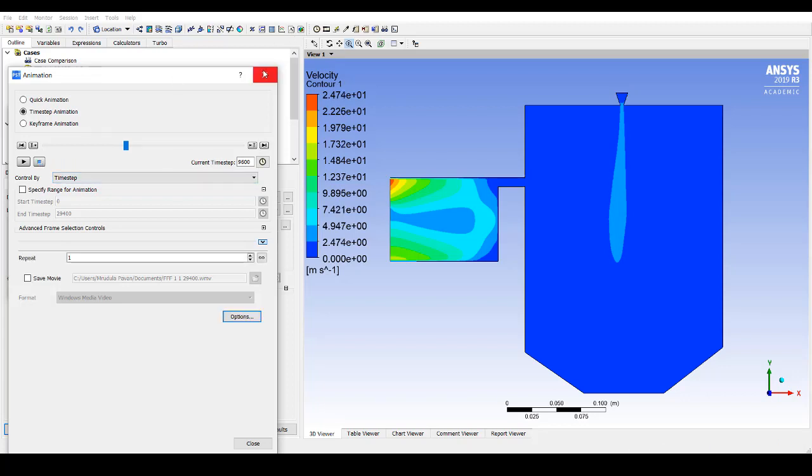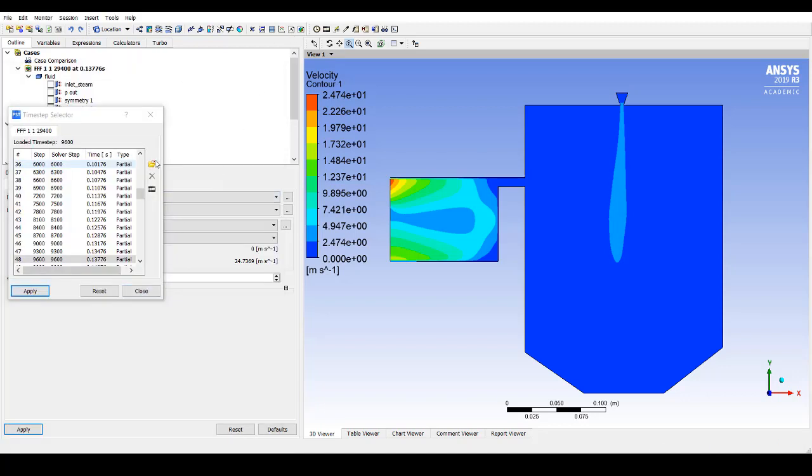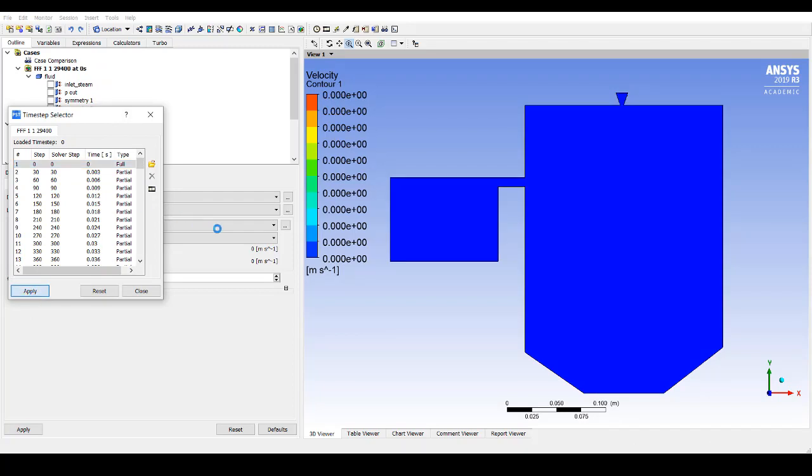Now we'll check the phase fraction, how it is varying. First we'll shift to 0 and apply.